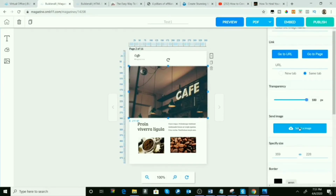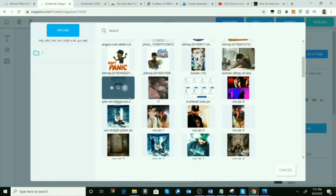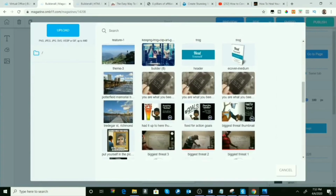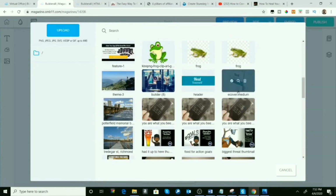select image right here, click on that, and all the pictures that you have already in your library you can use. Now if you want to upload more pictures into your library, you click your upload button. It'll go to your computer C drive and everything, so that you'll be able to pick whatever it is that you want. Now I can decide what do I actually want on here. Let me just do this one here. I'm gonna do the heal yourself